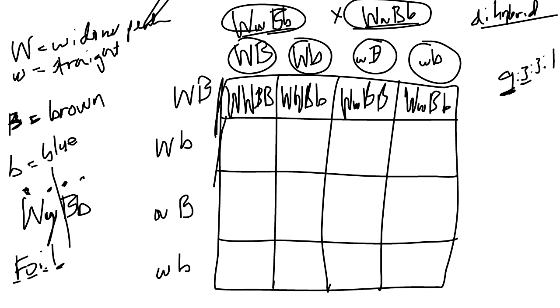3 of them will have straight hairline and brown eyes. So in other words, those are one dominant form of one trait with the recessive form of the other. And the last little individual will be homozygous recessive for both traits. So straight hairline and blue eyes. So that's how you would deal with two traits at one time.